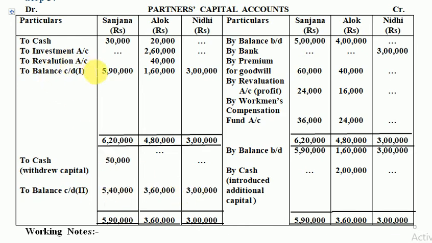Remember, this will not go in the balance sheet of the new firm. This new capital should go in the balance sheet of the new firm. These two amounts are important to understand, that one partner withdrew 50,000 and the other partner brought rupees 2 lakh, for which we have even written the entry. And this is your first method of capital adjustment. I hope you have understood.